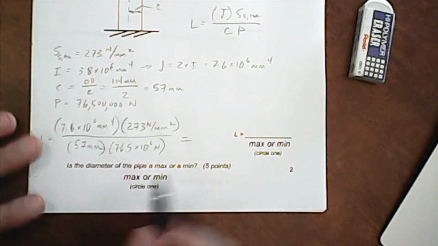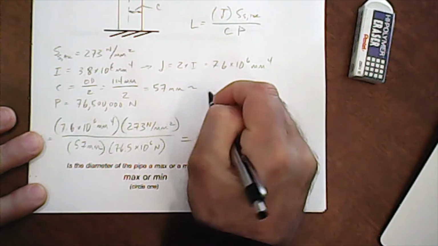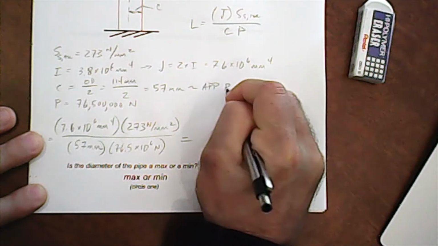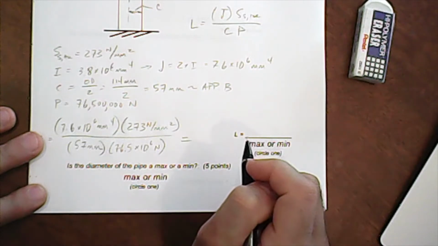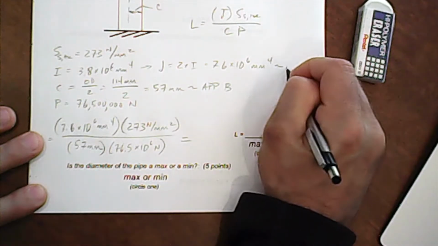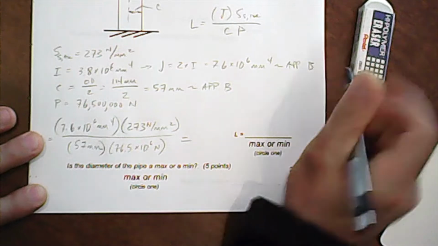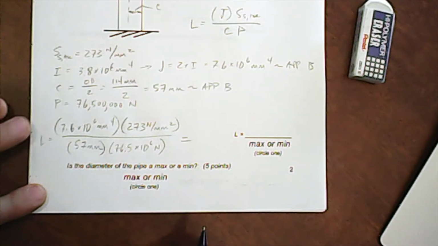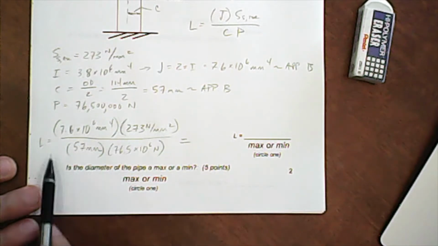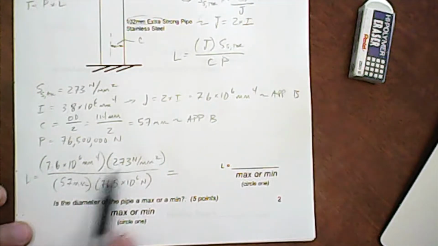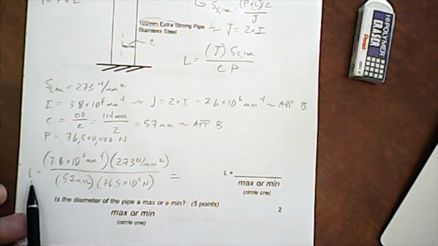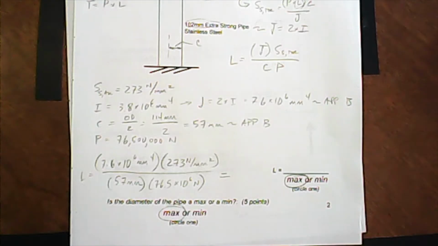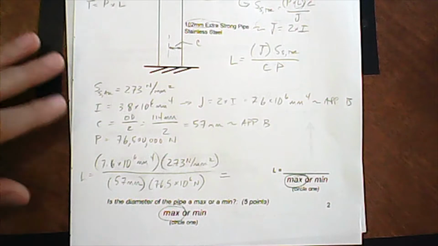So I've looked up the information. This was Appendix B, and the I and the J, that was also Appendix B. Make sure you look under extra strong. And it says stainless steel, but we don't really care about the material because all we're calculating at the moment is the loading. So ultimately we calculate the L, which is this equation we solve for up here. Down here, we end up getting an L equal to